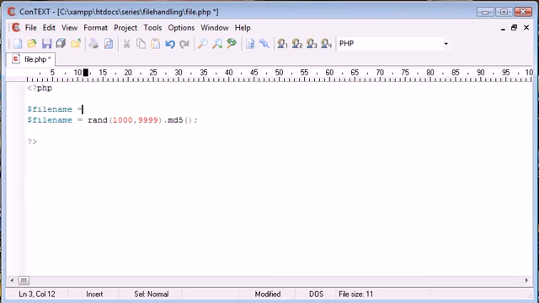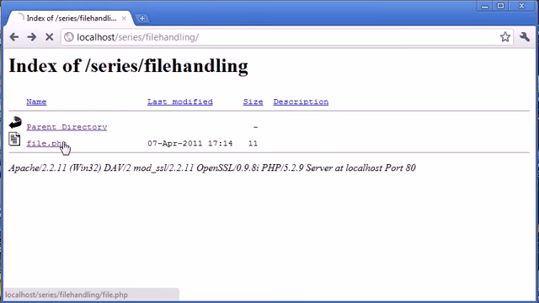So the file name might be called image.jpg, so MD5 hash file name, let's say, OR for original, and then let's say you might have another random number between 1000 and 9999. So the MD5 hash is basically going to create a 32 character hash from this here. So let's go ahead and echo out the file name and see what result we get first of all. Okay, so this is the random file name that we may have generated to save on